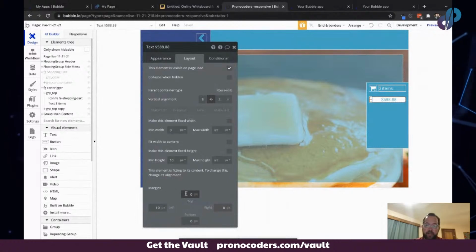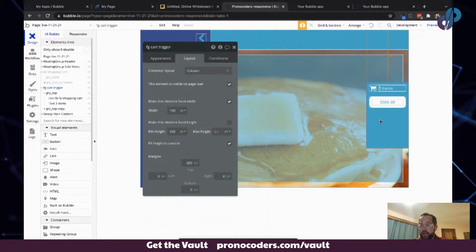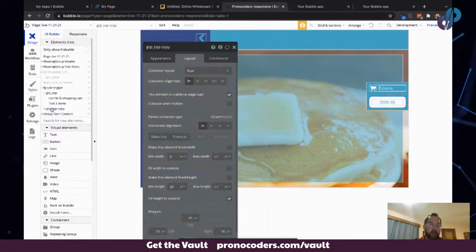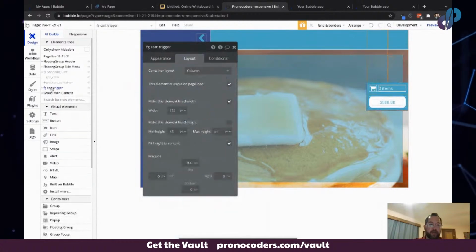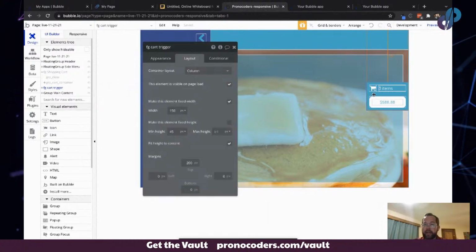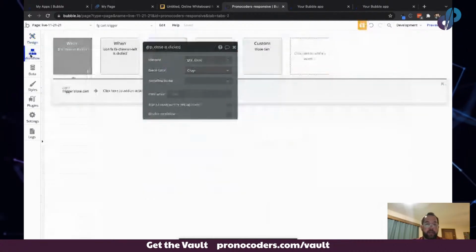Okay, so let's just give this margin all the way around to give some space to breathe. And on the floating group, we're going to fit it to content, and we'll just make this 45. Okay, so we have our shopping cart trigger. And let's just say bring to front. And we're going to want to hide this when we show the shopping cart. So let's add another